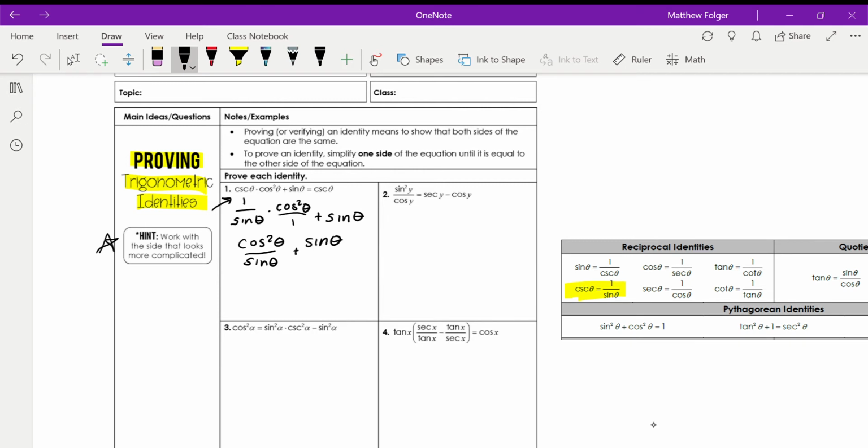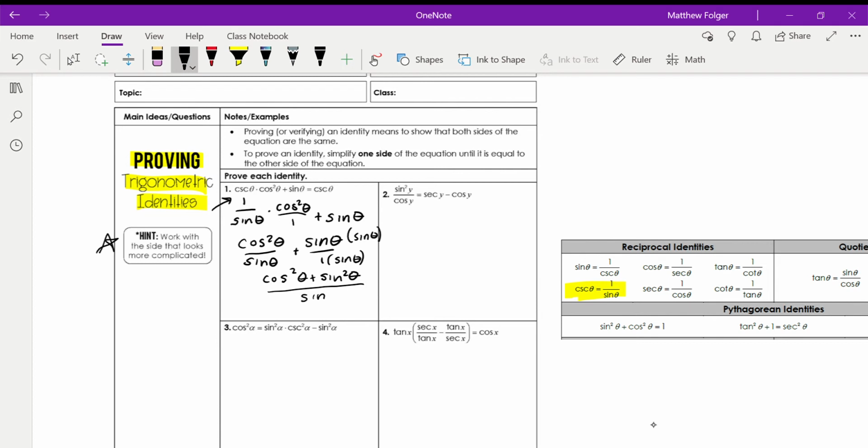Now if I have a fraction, what you want to do is create a common denominator. So to make the common denominator, we have sine theta, so we need to put a sine theta here, and we need to put a sine theta there. So what we have is a fraction that says cosine squared theta plus sine squared theta all over